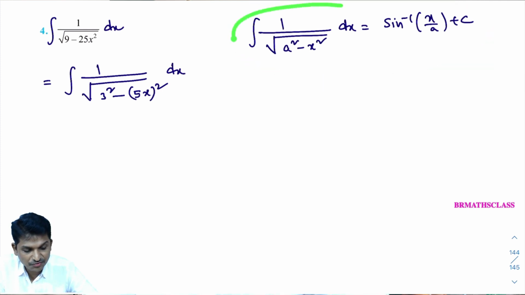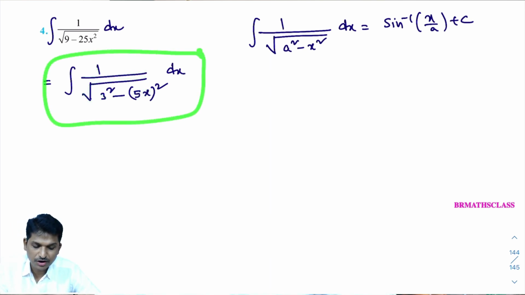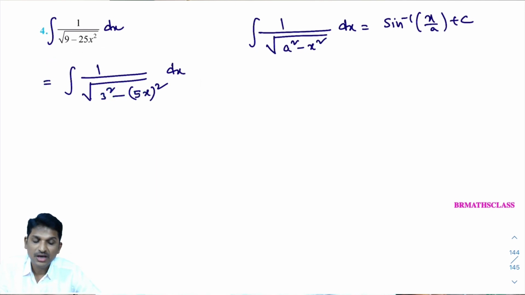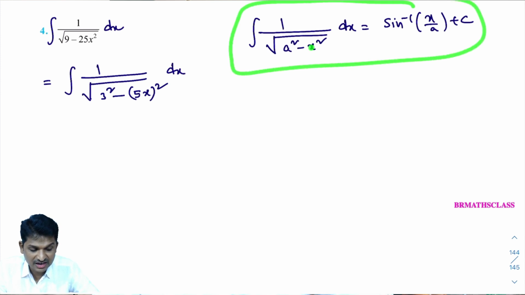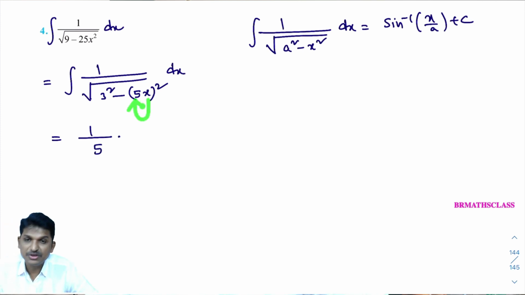Now, to apply this formula to this problem, you observe first thing, 1 divided by root over a square minus x square form. This question is in that form. As you know this formula, here in place of x, ax plus b is present. In place of x, if ax plus b is present, then you know how to write its answer. Its answer starts with 1 by x coefficient. What is x coefficient? X coefficient is 5. From the beginning of this class, I am discussing this only.